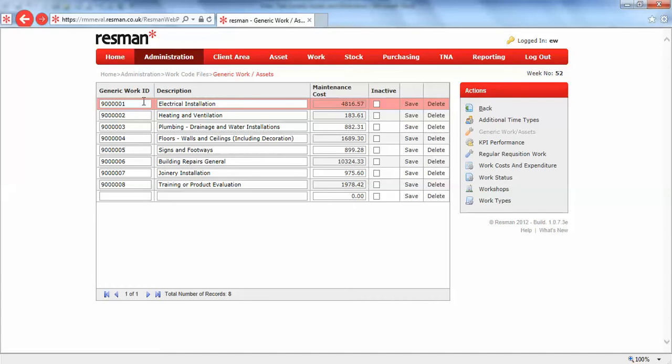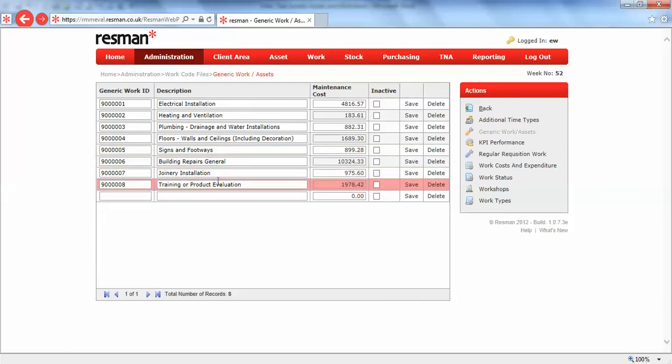Now we utilize this range of numbers to prevent duplication with our general asset IDs. They're much easier to identify throughout the system, and that generic work ID of 9,000,001 and electrical installation, when chosen, will appear right throughout the system. So I feel that our descriptions there